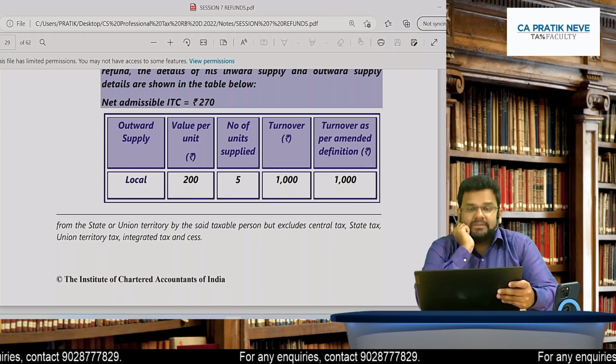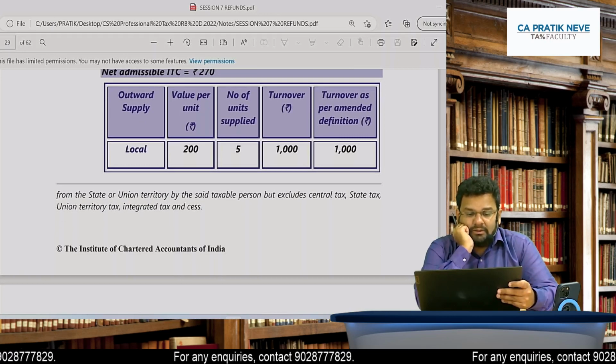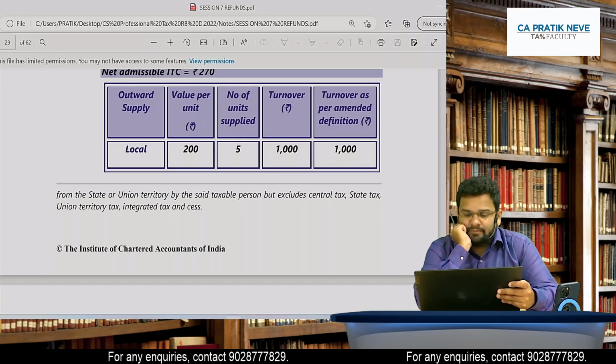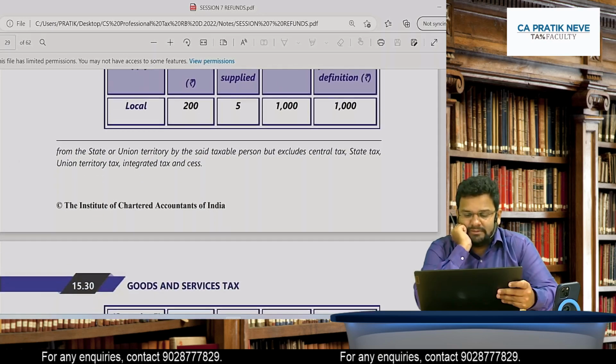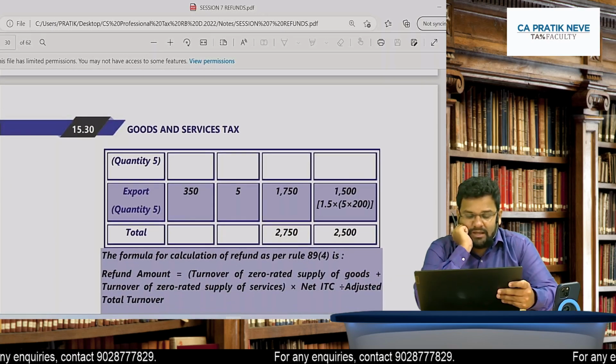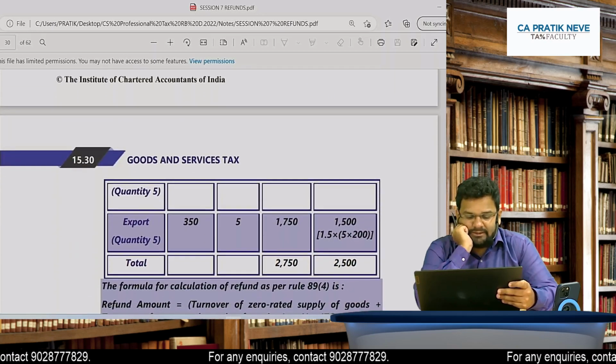Net ITC is 270. Local outward supply, can you check the turnover? It is 1000. And friends, check the export. Export is of